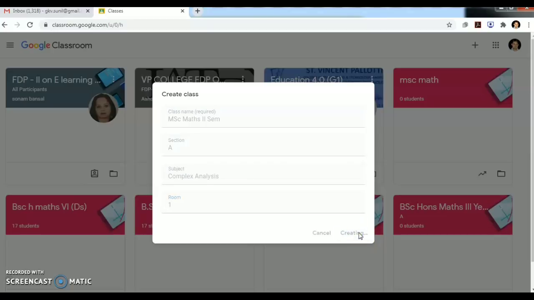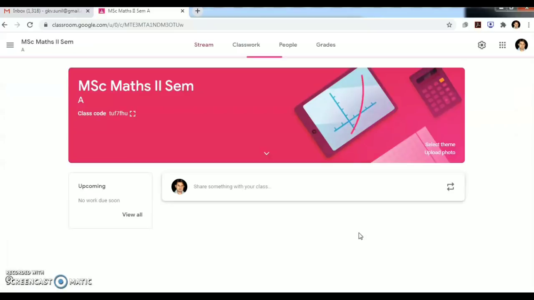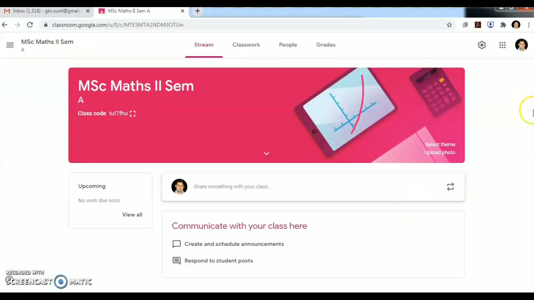Now let us create this class. It is creating, it takes some time. Now we see that our class is created, MSc Math second sem A, and we can see this is the class code of our class.